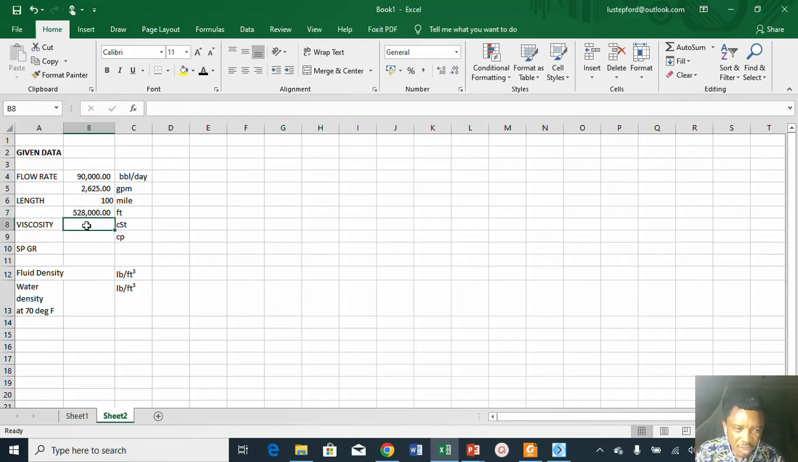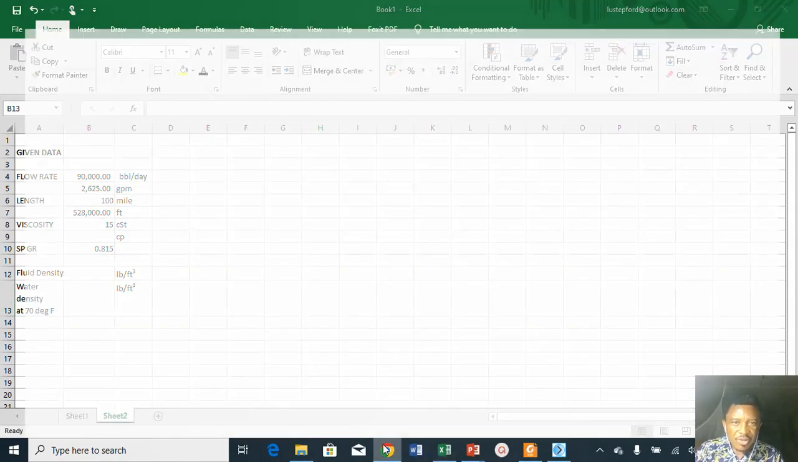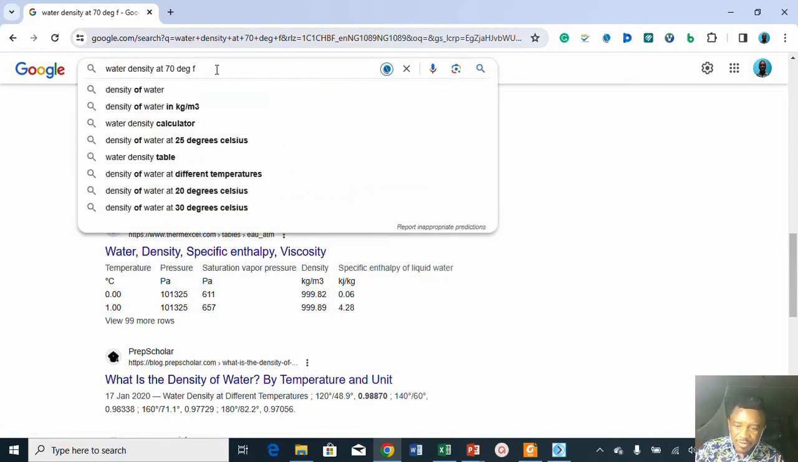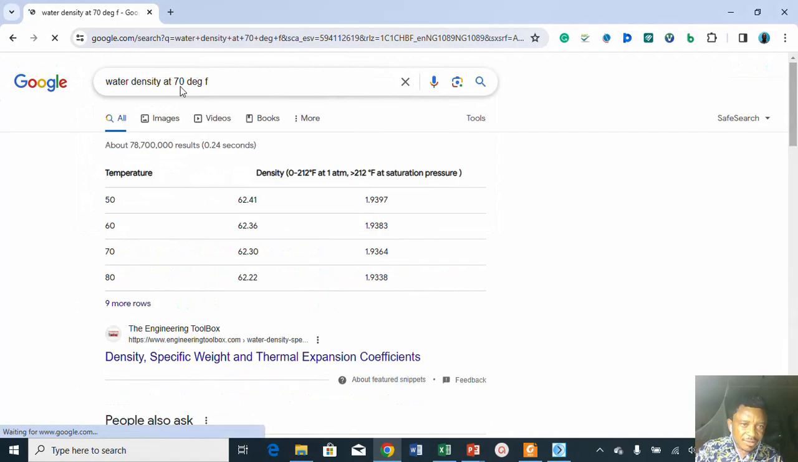Now the viscosity, they gave us 15 centistokes. They also gave us the specific gravity, 0.815. Now they gave us the water density at 70 degrees Fahrenheit. For us to do that, let me go to the internet and look for the density of water at 70 degrees Fahrenheit. The density of water at 70 degrees Fahrenheit is